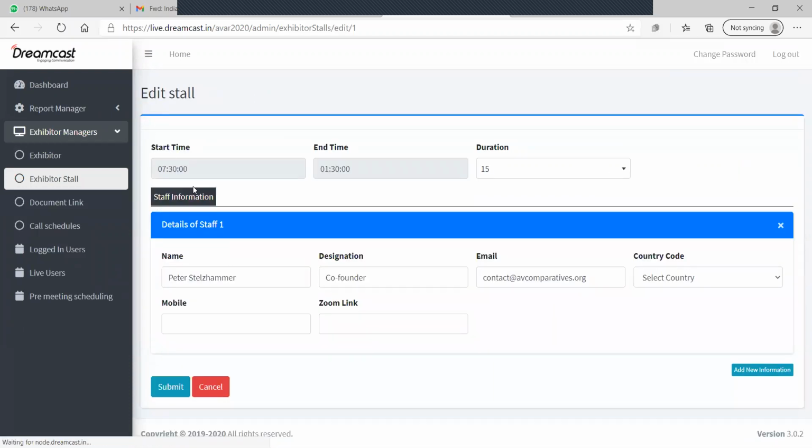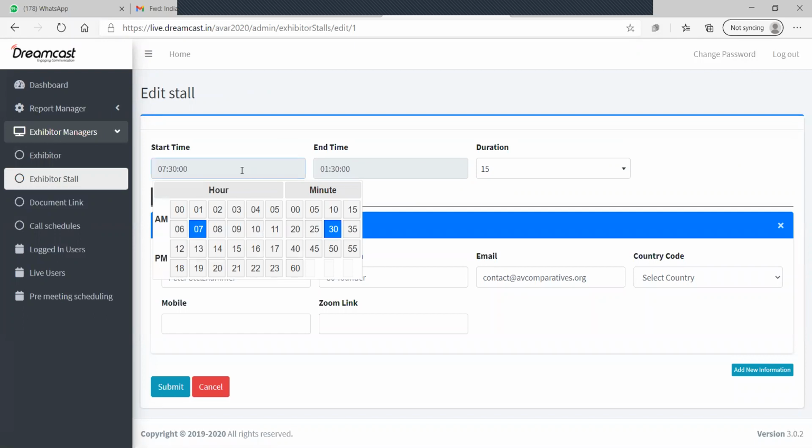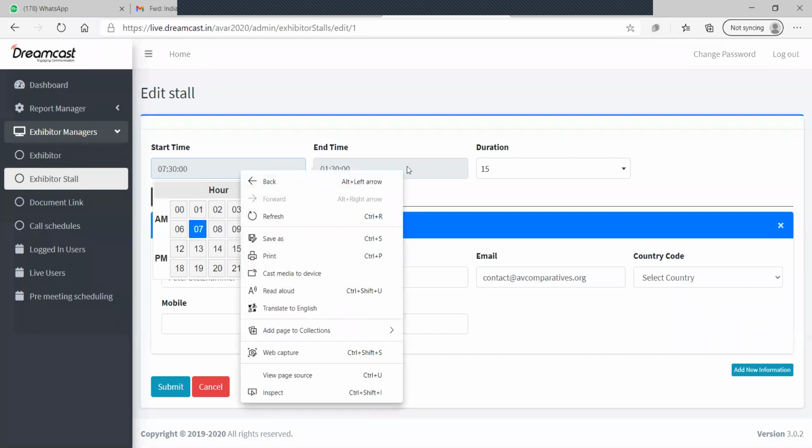Now if you can see this portal: start time, end time, duration. What is this? This is the time where you are starting your exhibition, where your stall will be. You are intimating the visitor that we will be available from 7:30 to 1:30 only.